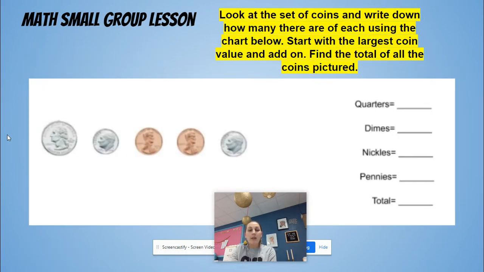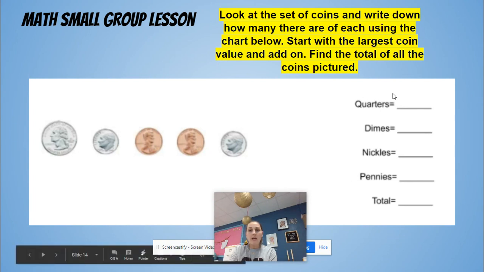Okay, so here's what I would like for you to do today. I want you to look at this set of coins, and I want you to write down how many there are of each using the chart over here on the right-hand side, okay? You're going to start with the largest coin value, and you're going to add on. So if we look closely, we have a quarter, a dime, a penny, and another dime, okay? So you need to use this chart and write down the value you have for each, and then find